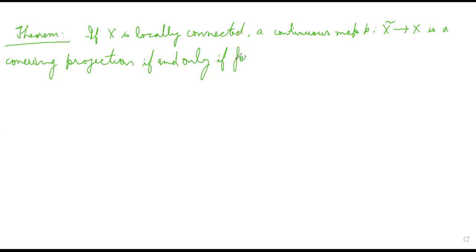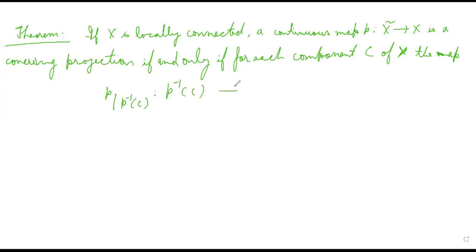for each component C of X, the map P restricted over P inverse C, from P inverse C to C, is a covering projection. So if X is locally connected,